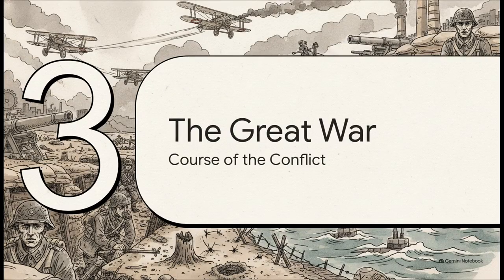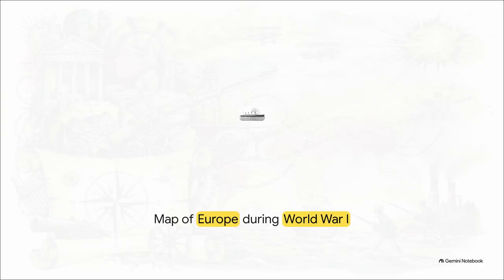That leads us right into Section 3, the Great War, and the grim reality of the conflict itself. Let's pivot from all that political maneuvering to what was actually happening on the ground. A war completely unlike anything humanity had ever seen. Geographically, Germany and Austria-Hungary, who made up the Central Powers, found themselves completely surrounded. Because of the alliance system, they were immediately trapped in a brutal, resource-draining 2-front war.